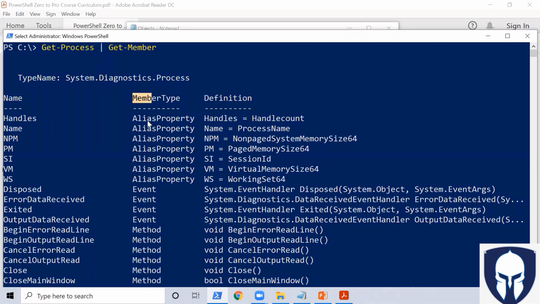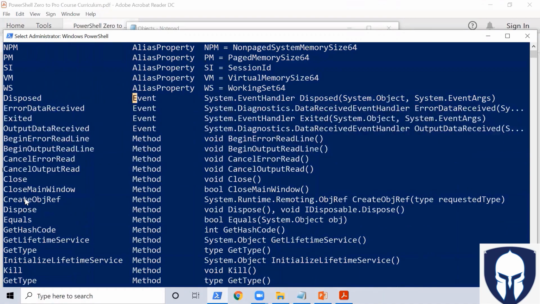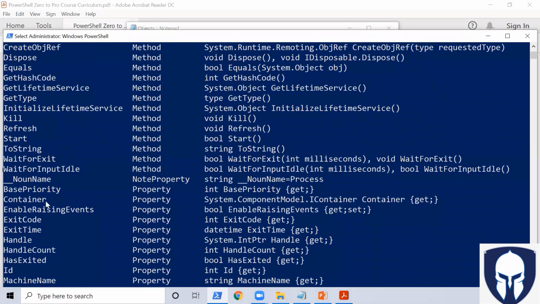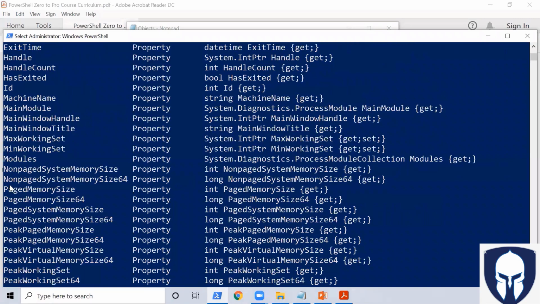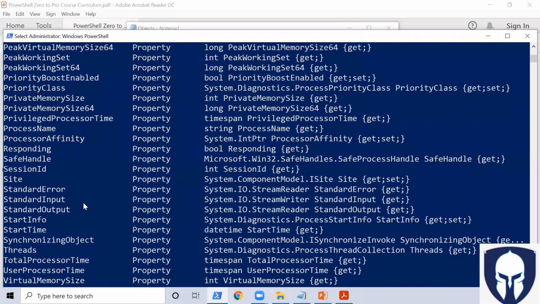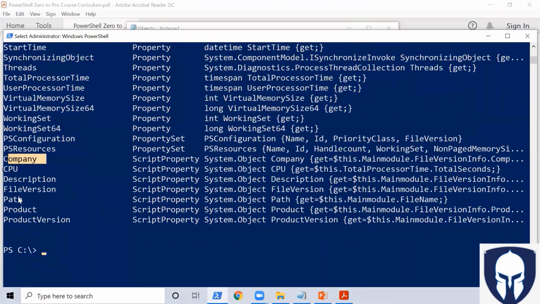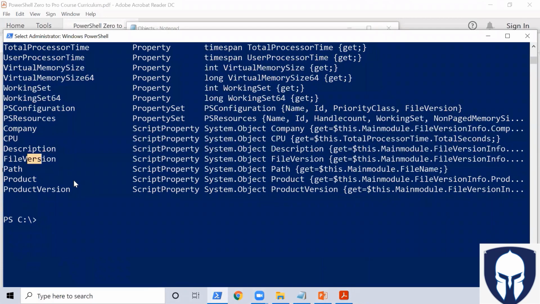When I say member type, everything will have something. Each and every process will have a virtual memory size, virtual memory 64-bit, and then the company name, CPU, description, file version. All these things will be available for any process, right? So for an example, let's say,